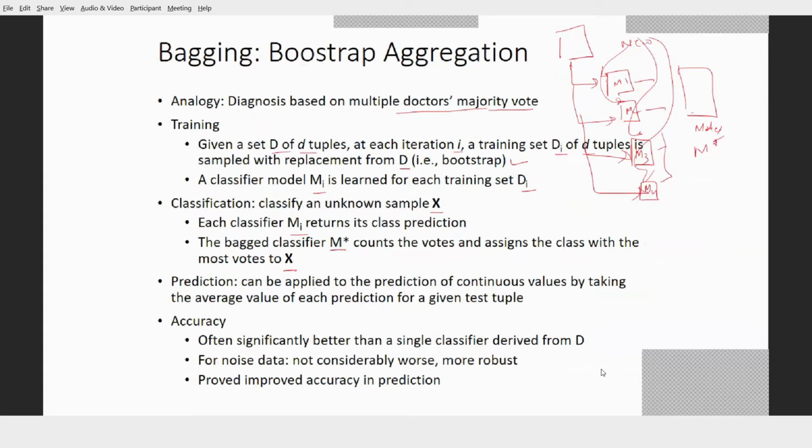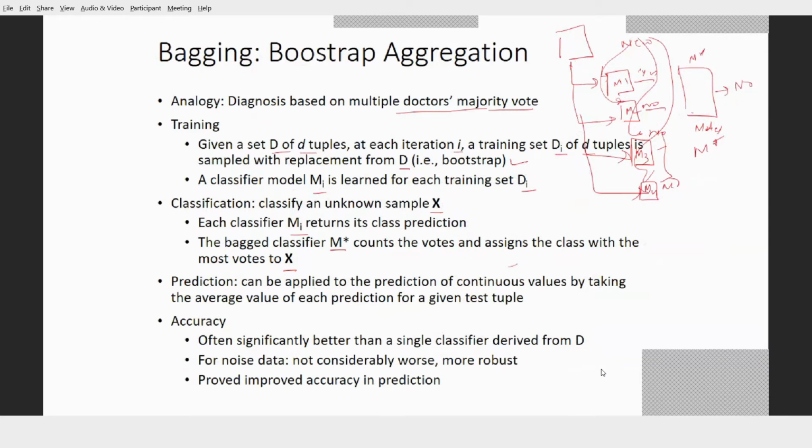So we are saying, given a set D of d tuples, at each iteration i, the dataset Di of d tuples is sampled with replacement. A classifier model Mi, so M1, M2, is learned for each training set Di. To classify an unknown sample X, each classifier Mi returns its prediction. So this one said yes, this one said no, this one also no, and this one also no, right? M star counts the votes and assigns the class with the most votes. So because this is M star, it counts the votes and gives the answer no,